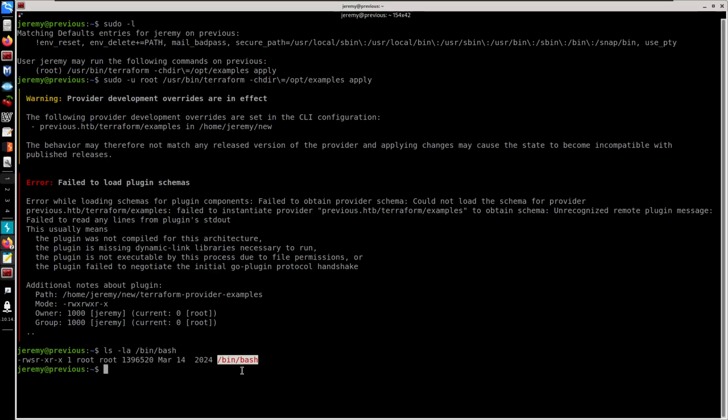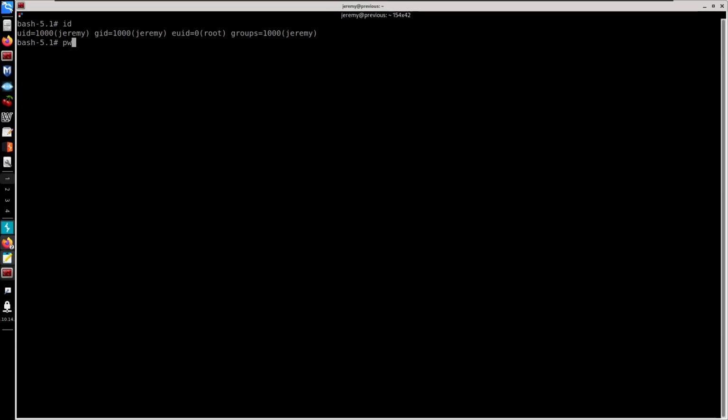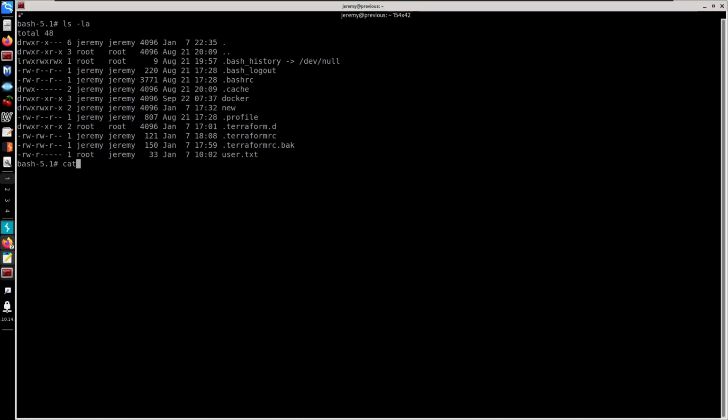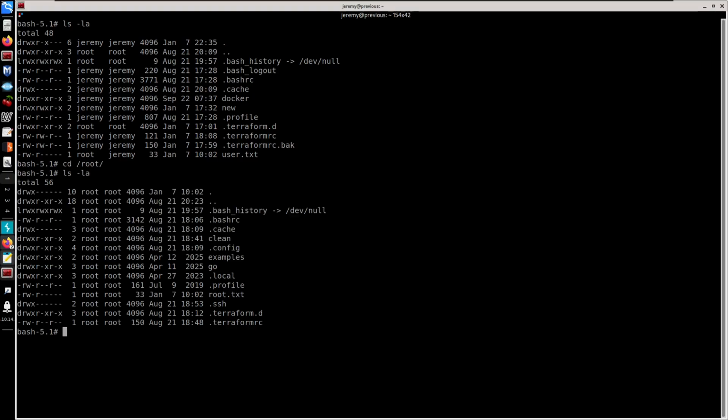Now you'll see that this is highlighted in red, which would have the s for the SUID binary. So do /bin/bash, we want to run this in privileged mode, so we can do -p. Come in terminal 0, do id, pwd, cd back, ls -la, and cat our root.txt. Or we can cd into /root, ls -la, and then cat our